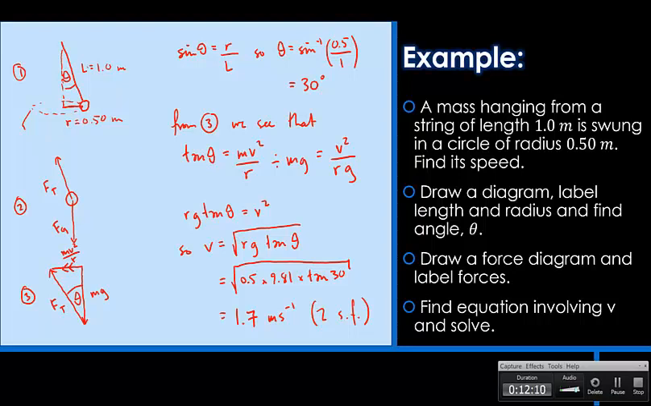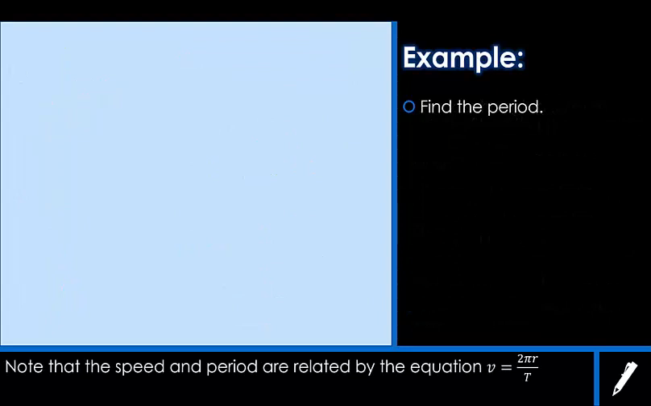Okay, so our next step in this is to find the period of that same pendulum. Period and speed are related by this equation. V is equal to 2 pi r, which is the circumference of the circle, and the time that it takes for it to go around the circumference is what we call the period, which is capital T. So to find the period here, we're going to have to go T is equal to 2 pi r over V, which is 2 pi times, and the radius of the circle was 0.5, so that's how far it goes